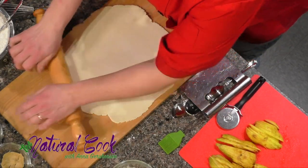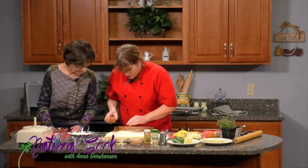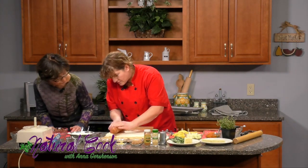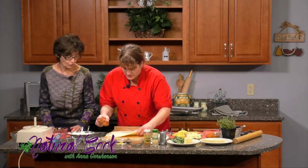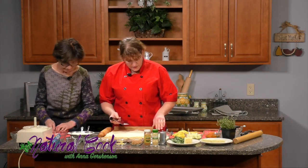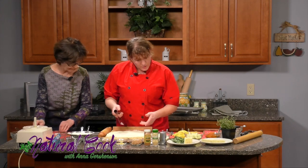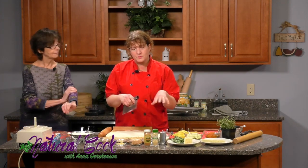Do you have a thickness that you go to? I think that this is good. It's about 1/8 of an inch. And this is a good thickness whether you make a pie or galette. This is the thickness to go to where you make your appetizers, because it will be a little flaky. And one of the most important things, no matter what you pick to put in there,